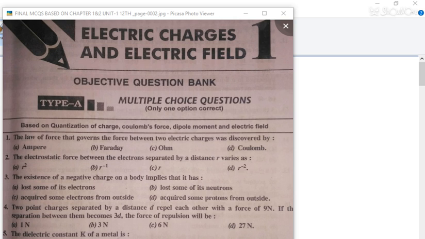So I hope you are aware of your first and second chapters, that are electric field, Gauss law and Coulomb's law, everything. Up to the electric flux topic, and the electric field, the applications of Gauss law, up to electric flux and Gauss law. These questions are on the basis of those topics.